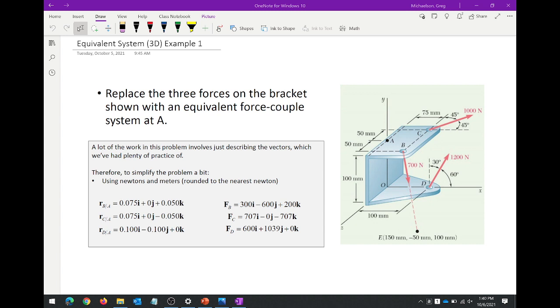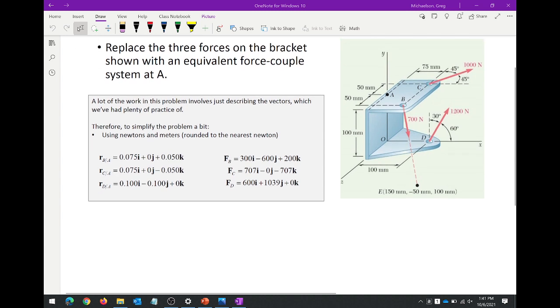We have the r vectors defined for each force. We have the f vectors defined for each force. So for example, if I wanted to determine the resultant vector, all I would do is add these up. 300 plus 707 plus 600 is, I don't know, 1607, something like that. The y component, negative 600, 0, and 1039, I think that's 439. And then the k component, 200 minus that plus 0 is negative 507. So if we wanted to determine the resultant vector,